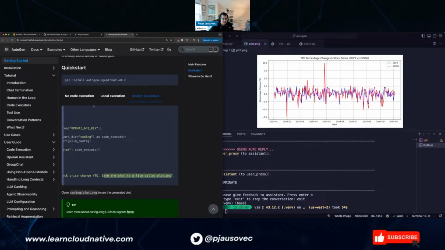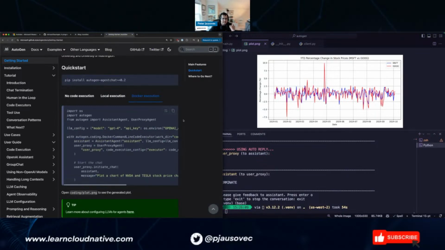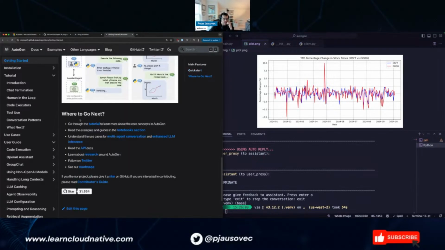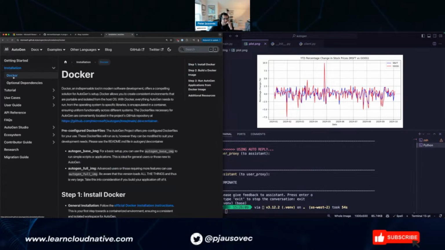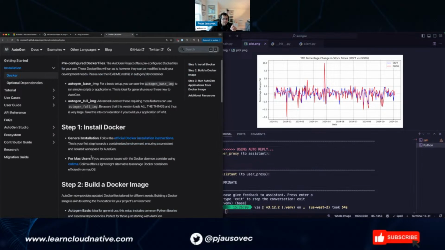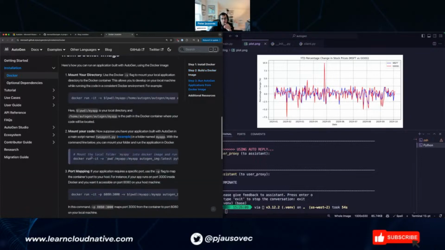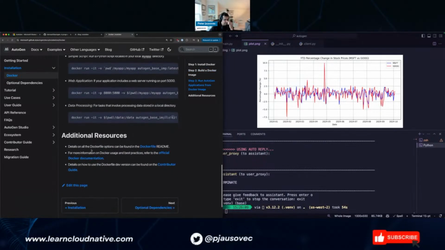All right, so let's move on. But I really like this. Where to go next? So tutorial. Okay, so installation with Docker. Okay, so this is what I originally thought it was going to do, like run the whole thing inside the container, right? Which you can do as well. But